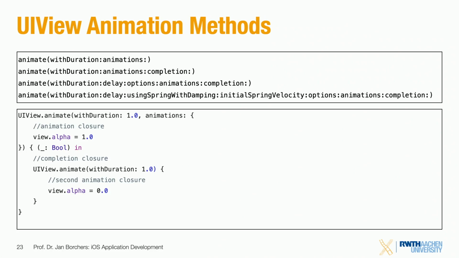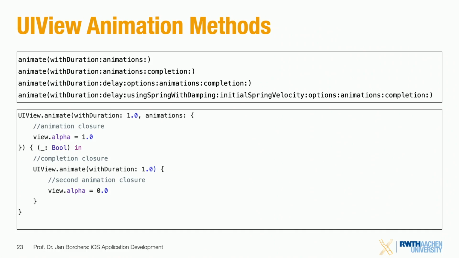There are more methods here. For example, the third method is one that lets you add a delay before the animation even starts. I'm not going to show you examples for these. You can check out the textbook if you want to see more examples. Plus, you can provide a bunch of options, things like repeat this animation a couple times, or maybe even indefinitely until the user or something else happens and